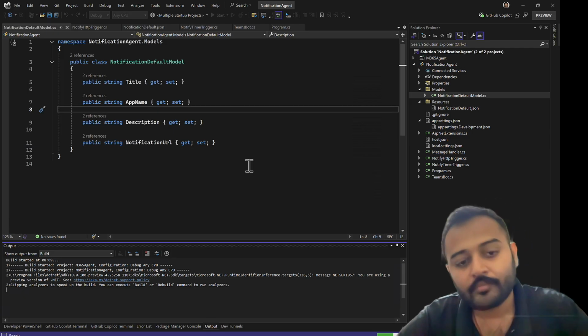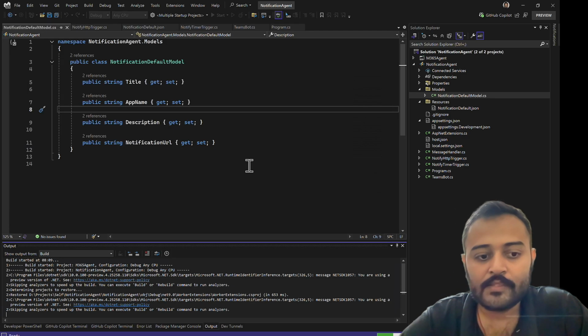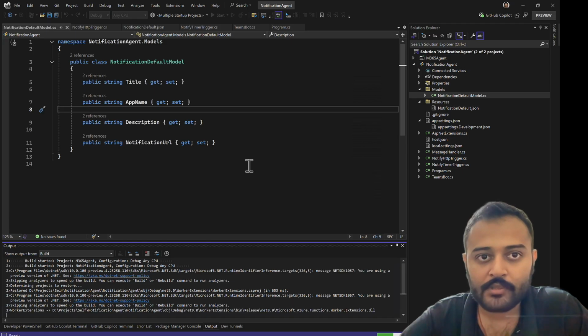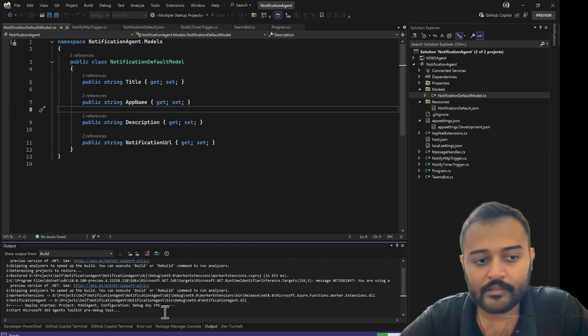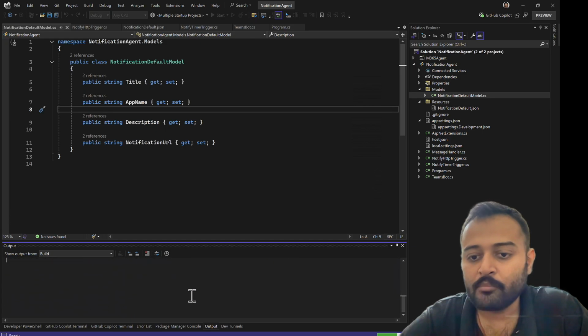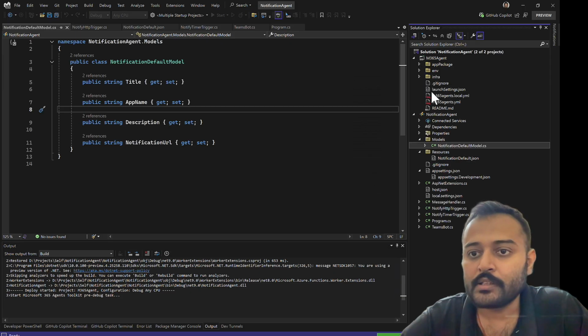Before that, it's not going to work. I'll show you the error message as well. Since we are building this for Microsoft Teams, here in the deploy, it would throw me an error because I haven't initialized a bot tunnel, and it is going to throw me an error that bot endpoint is not found,